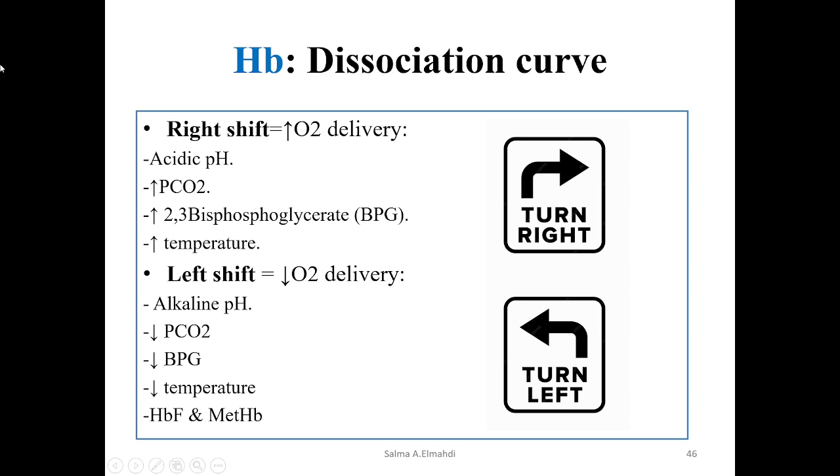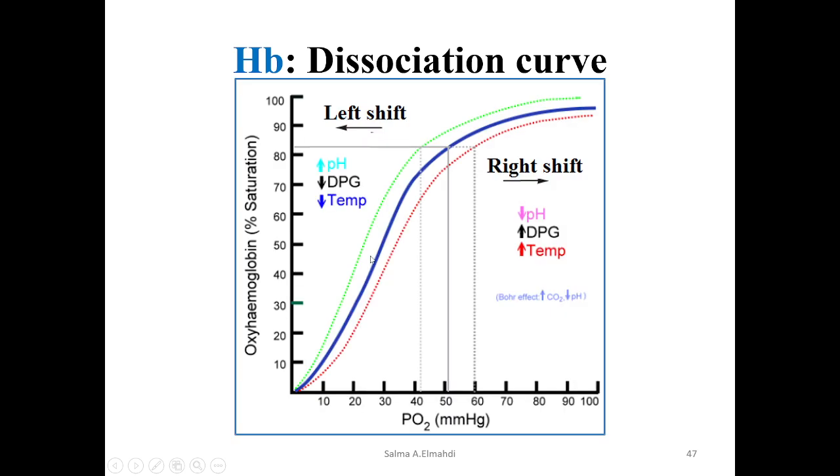So sorry, lower pH, acidic pH, and production of carbon dioxide at the level of metabolizing tissues will lead to a shifting right of the dissociation curve, leading to more release of oxygen. While if there is alkaline pH, a higher pH, and low carbon dioxide, low 2,3-bisphosphoglycerate, low temperature, or if there is hemoglobin F and methylprotein, it will be shifting left of the hemoglobin dissociation curve with less oxygen delivery on